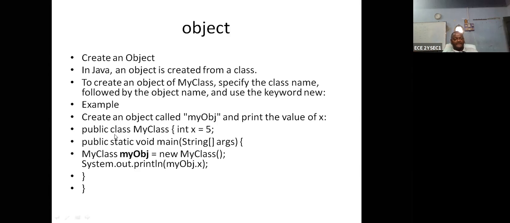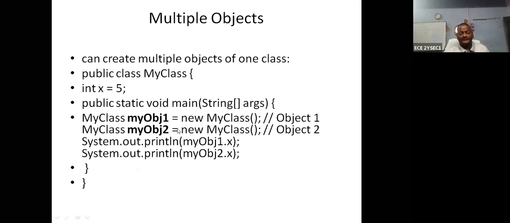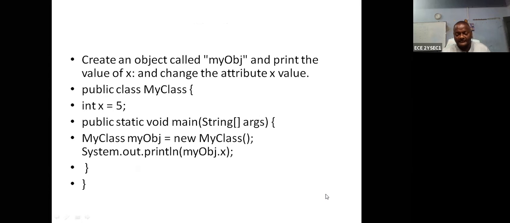So let us take it. What is the class? What is the class name? Public is the category, class is the category, and the name of the class is MyClass. So inside MyClass, I want to